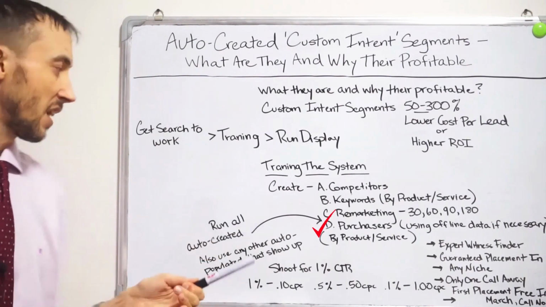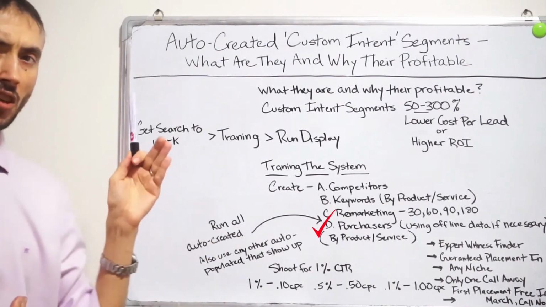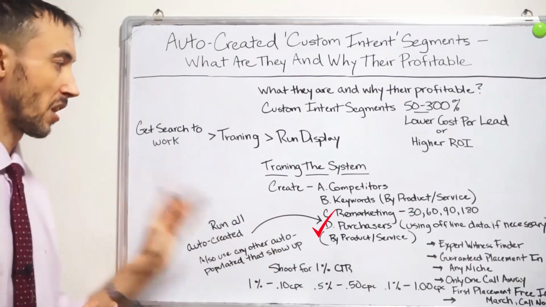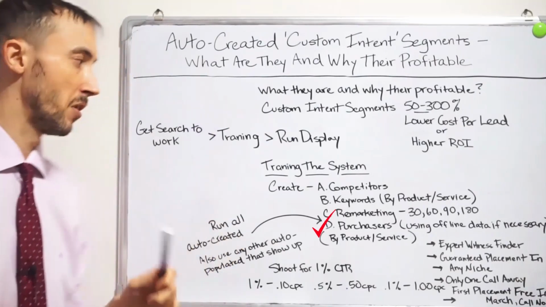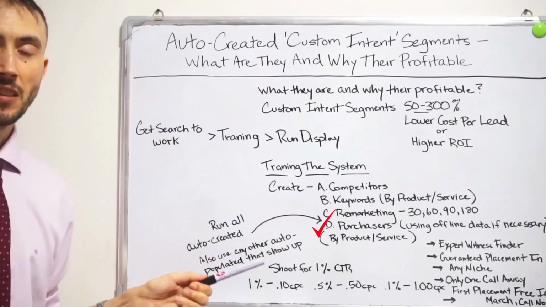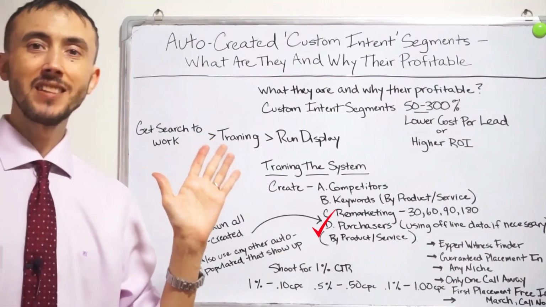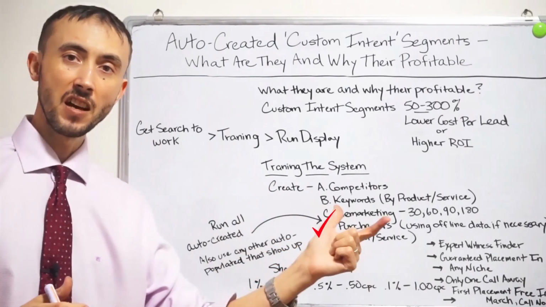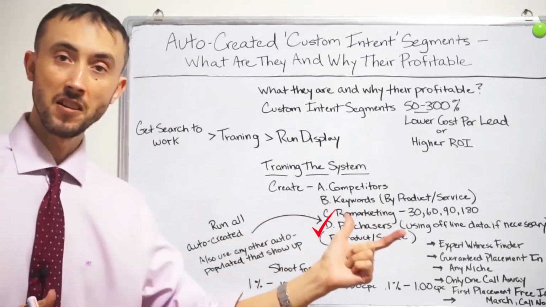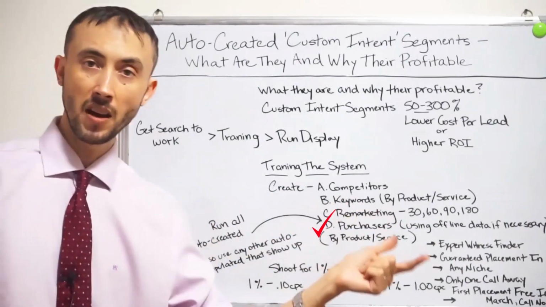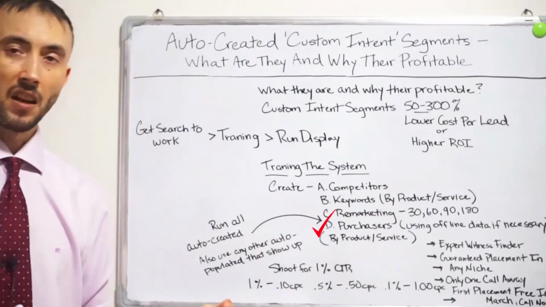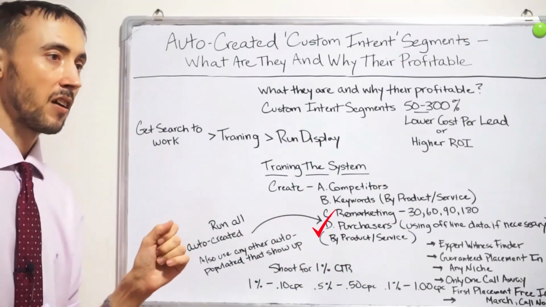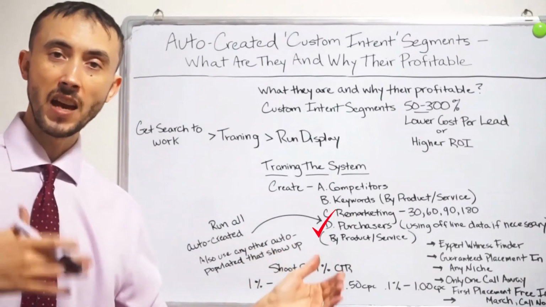Now, you will also get the other, as I touched on briefly before, auto-created custom intent segments other than just the similar to type. It might say that the actual auto-created custom intent audience that shows up just says a competitor name on it. It might say something that sounds like your product or something that sounds like your service. And then I recommend you run those too, because the algorithm that Google has basically came up with that on their own. You're using their AI